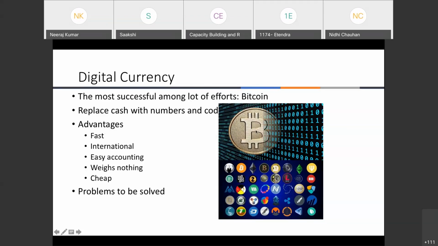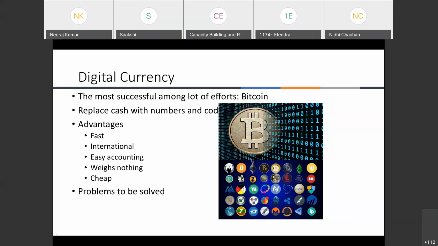You can see that the whole replacement of cash has been done with numbers and code using this Bitcoin protocol. But the question that comes to our mind is, what advantage does this digital currency have compared with our traditional cash itself? Digital currency is fast, it is internationally recognized, it is easy to maintain, it doesn't weigh anything, and it is cheap, in the sense that we can create our own digital currency